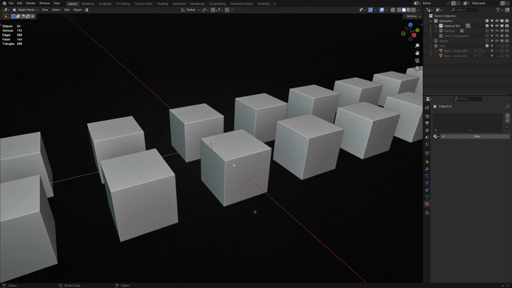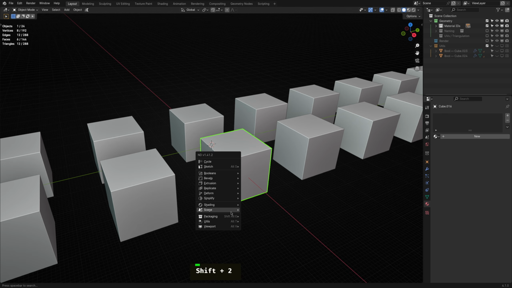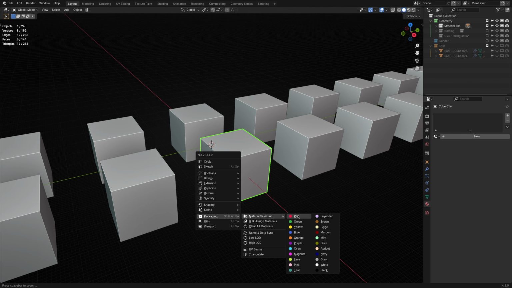The first section under packaging we'll cover is material IDs. Material IDs are used on high poly objects during baking to mask areas on your low poly object that require special treatment or specific textures. We've included a collection of 22 different colors you can choose from. Applying a material ID is straightforward. Select the object you wish to target and select a color from the packaging materials menu.